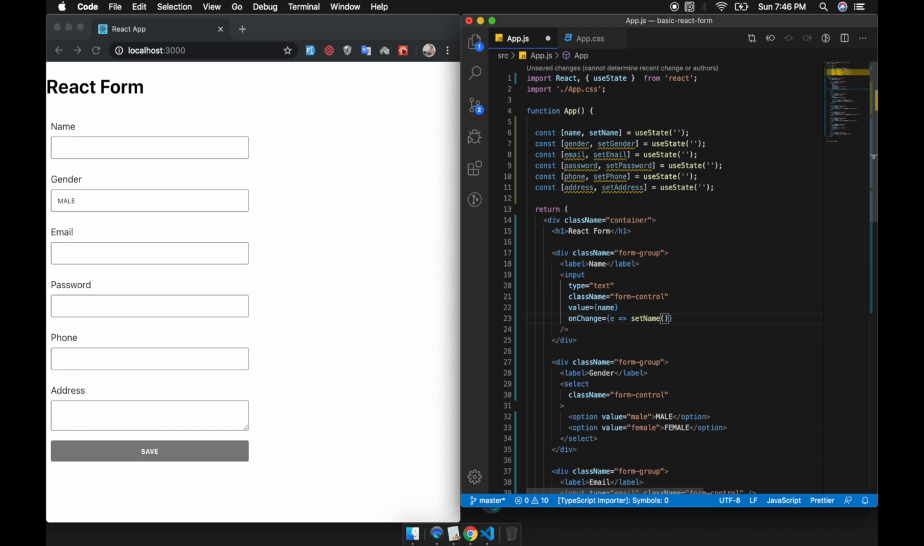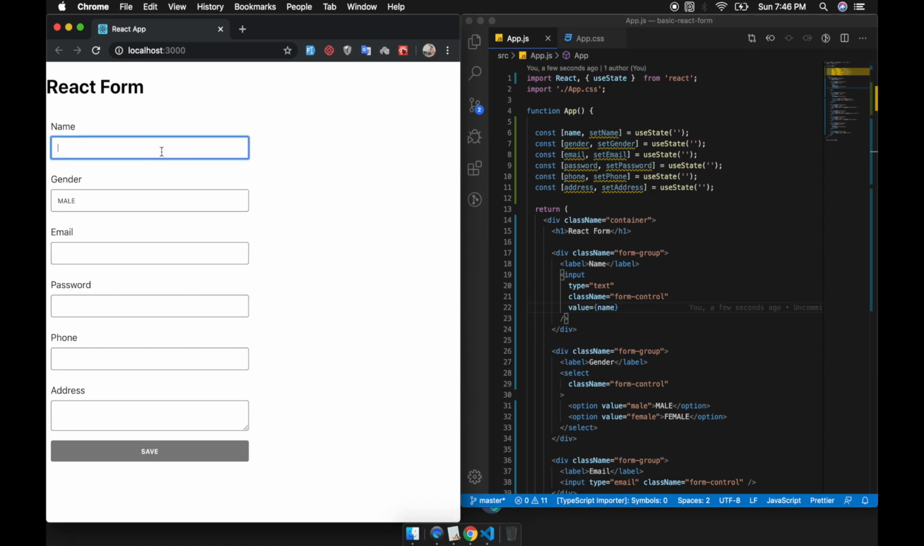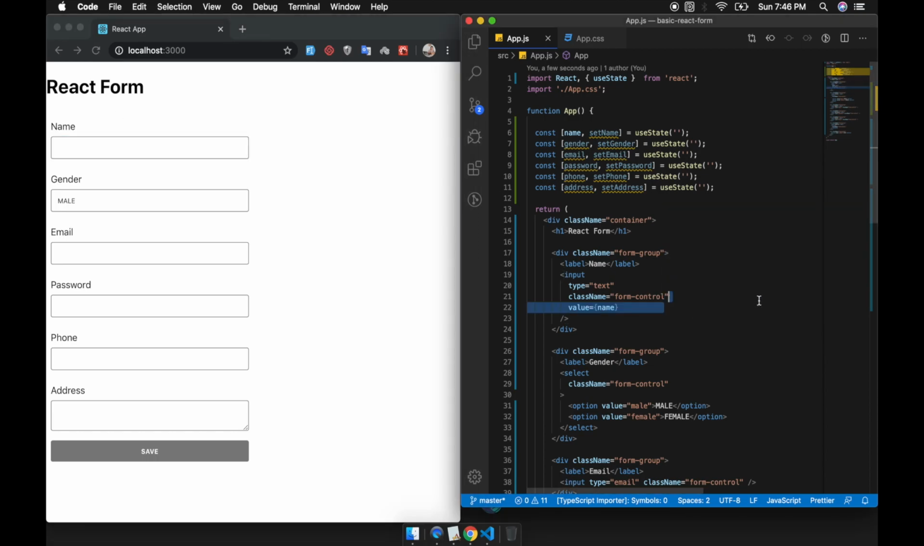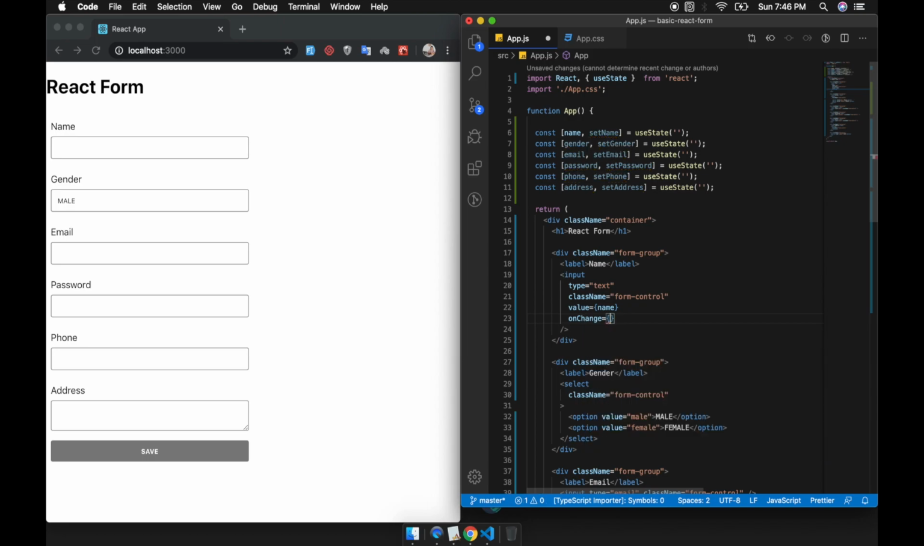set name to. So if we are not creating this onChange props, this value will never get updated. So for example, if we type, the value is still empty because we are not adding the handler yet. But if we add one more props onChange and then add the parameter and then set name